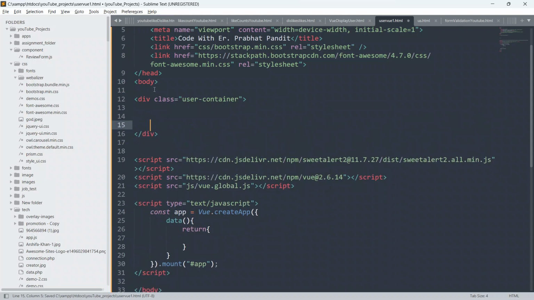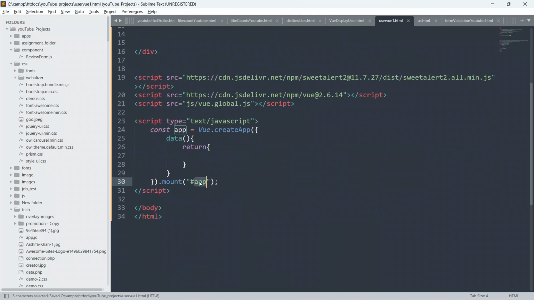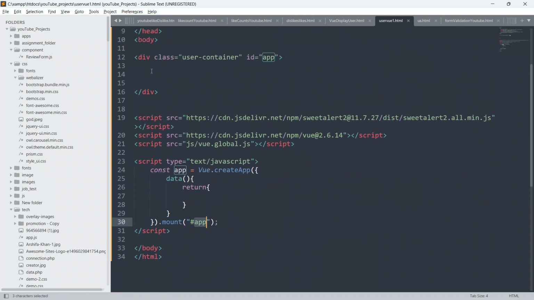Inside this div I'm going to create an ID, which I will give as app. This ID and this ID will be the same. Then only we can link our HTML code to this instance of Vue.js.